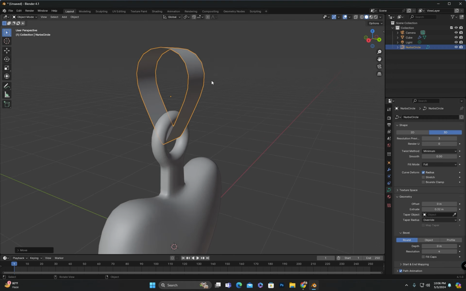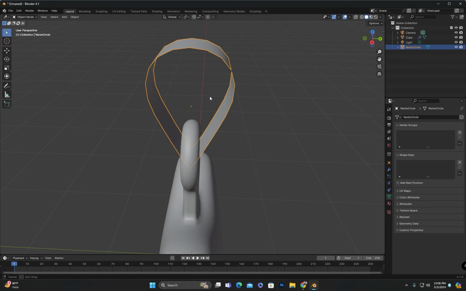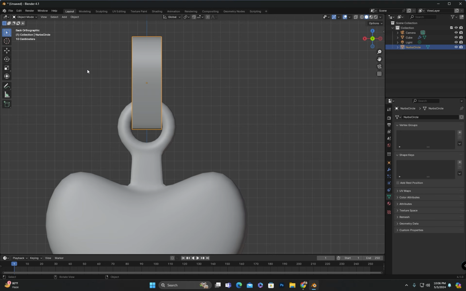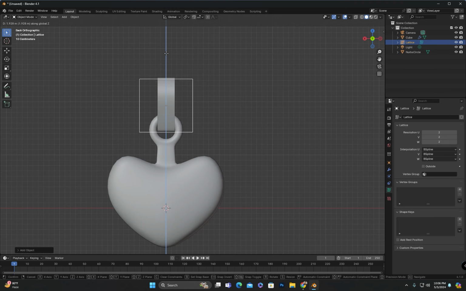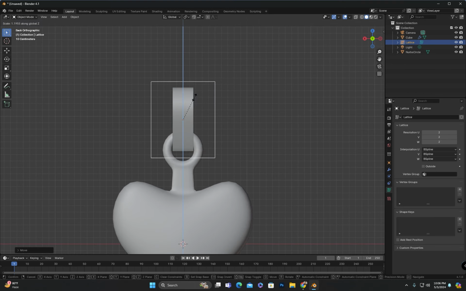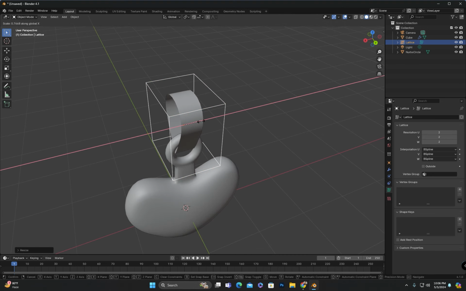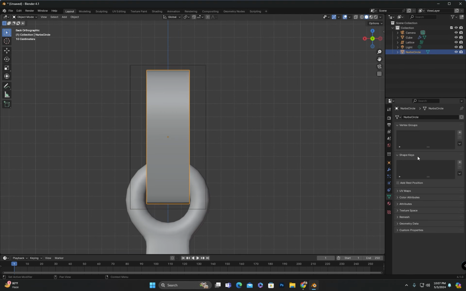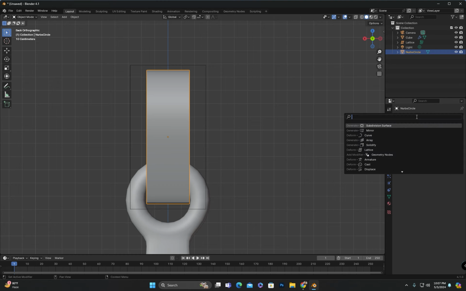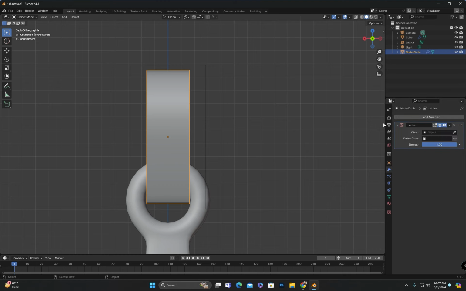After converting it to a mesh, I will press Shift plus A to create a lattice object and adjust its position and size according to the shape. Next, I will select the object and apply a lattice modifier to it. In the modify properties, I will select the lattice object under the object field.